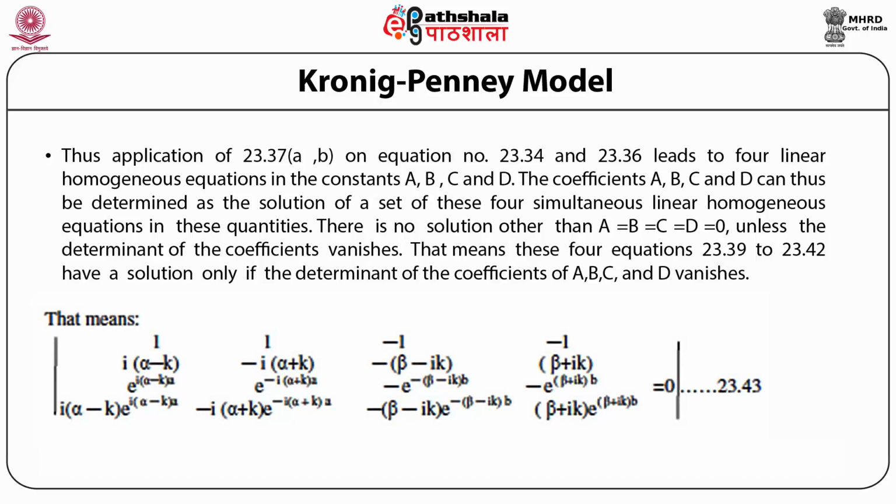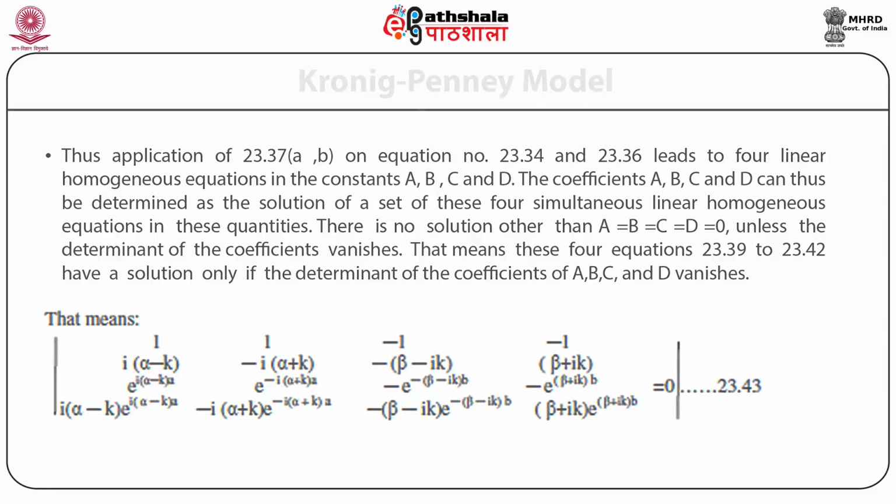That means the determinant of 1, i into (alpha minus k), exponential i into (alpha minus k) into small a, and 1, minus i into (alpha plus k), exponential of minus i into (alpha plus k) into a, and minus i into (alpha plus k) exponential of minus (alpha plus k) into a. Then minus 1, minus (beta minus ik), minus exponential of minus (beta minus ik) into small b, minus (beta minus ik) exponential of minus (beta minus ik) into b. The fourth column is minus 1, (beta plus ik), minus exponential of (beta plus ik) into small b, (beta plus ik) into exponential of (beta plus ik) small b, is equal to 0, which is given here as equation